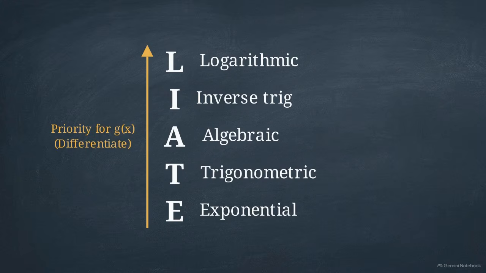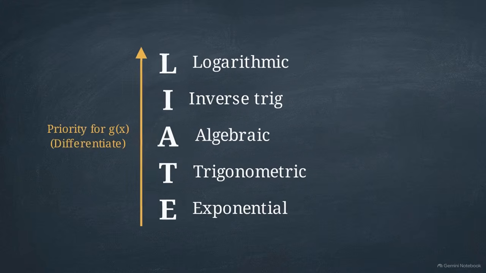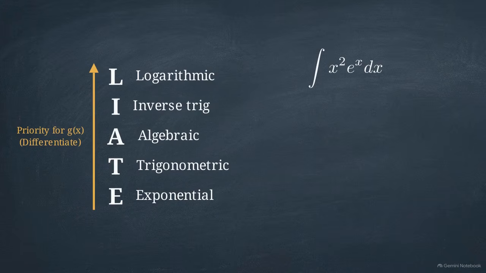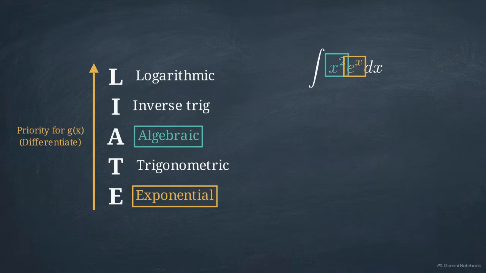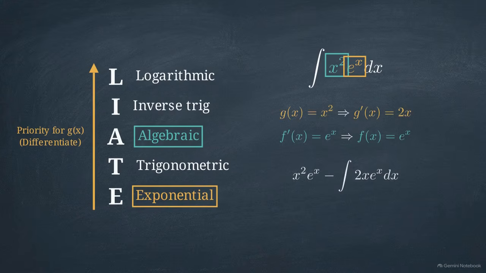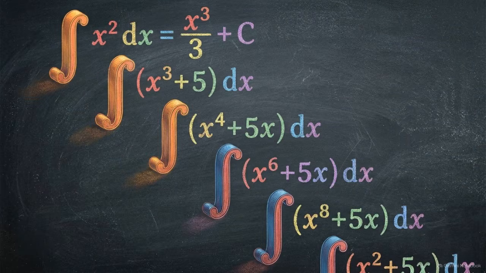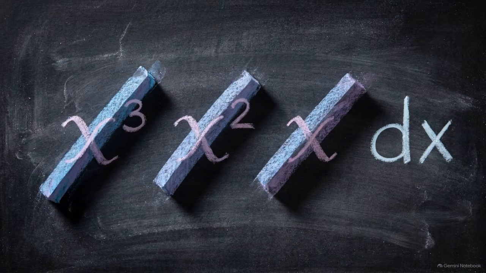Let's test that hierarchy. Here is a slightly more complex problem, the integral of x squared times e to the x. Pause the video and use LIATE to decide which term to differentiate. Resuming, x squared is algebraic, so it sits higher on the list than the exponential e to the x. Differentiating x squared gives us this result. Notice that the new integral still has an x multiplied by e to the x. Reversing the product rule operates as a loop. You often have to apply the technique multiple times, chipping away at the algebraic power until you finally reduce it